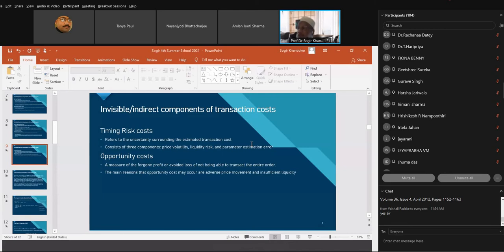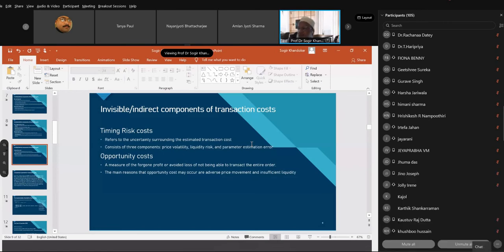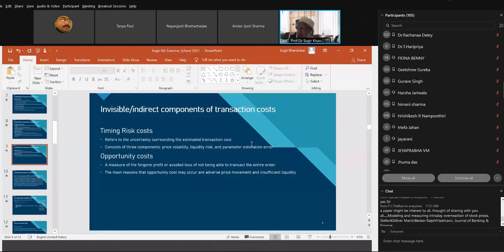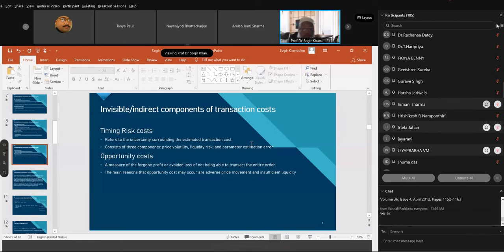First, if managers buy stocks that are rising, they may cancel the unexecuted shares of the order when the price becomes too expensive, resulting in a missing profit. Second, if the manager cannot complete the order due to insufficient market liquidity, that is, lack of counterparty participation, then the manager would again miss a profit opportunity for those unexecuted shares due to favorable price movement.